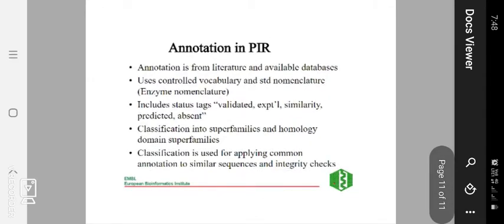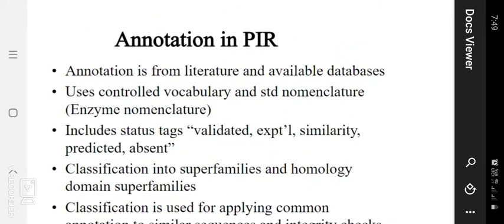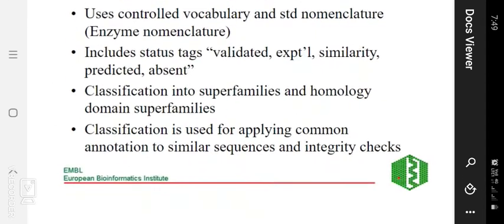What is the annotation of PIR, the Protein Information Resource? The annotation comes from literature and available databases. Number one, it is used to control vocabulary and standard nomenclature, including enzyme nomenclature. It includes status tags: validated, experimental, similarity, predicted, and absent.